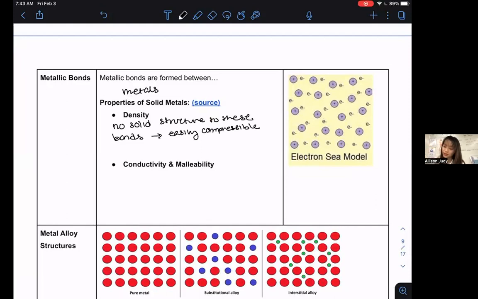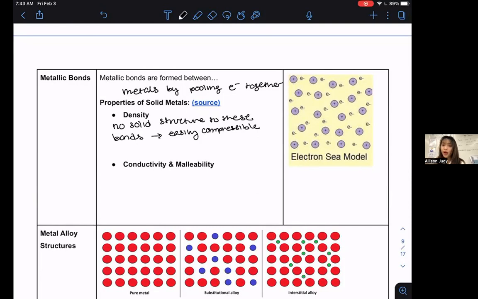Well, for metals, metallic bonds are formed between metals by sharing, or I should really say pooling, electrons together. So remember, metals kind of want to lose their electrons and have someone else take them. So what if, as a metal, you can't find your anion partner? Well, what you can do is get a bunch of your other metal friends together and you just